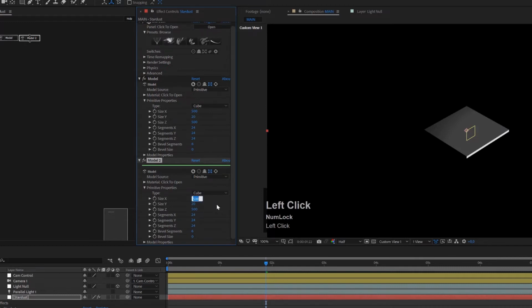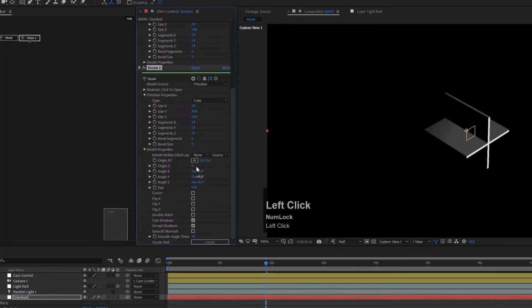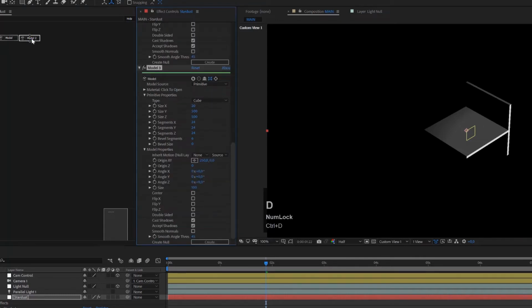I will change the size on X to 20 and the size on Y to 500. And you see this will create another wall that is just oriented the other way. And now in my model properties, I can shift this. I want to shift it on the x-axis for 250 pixels because then it will exactly sit on this edge here. Now I will just duplicate this model, Ctrl D,